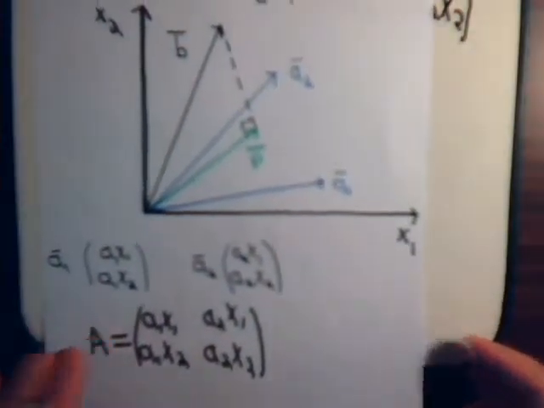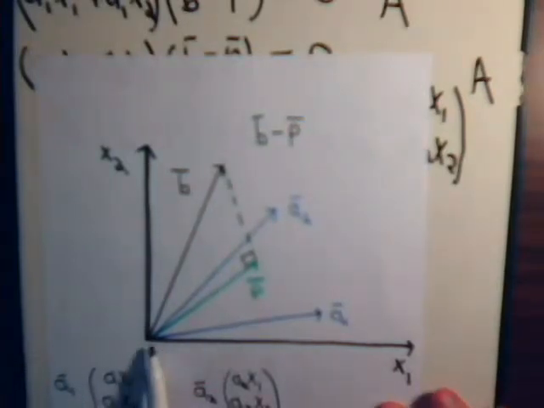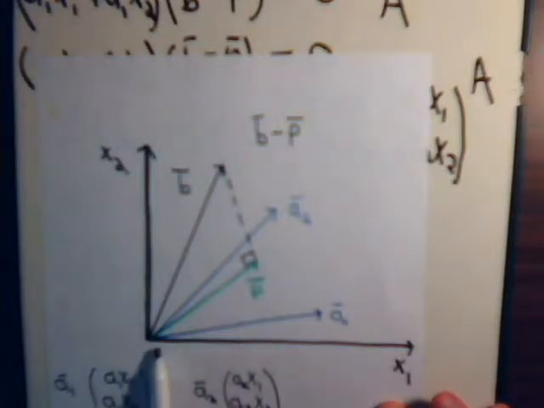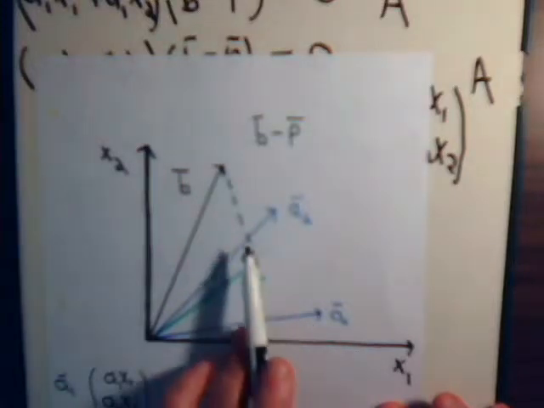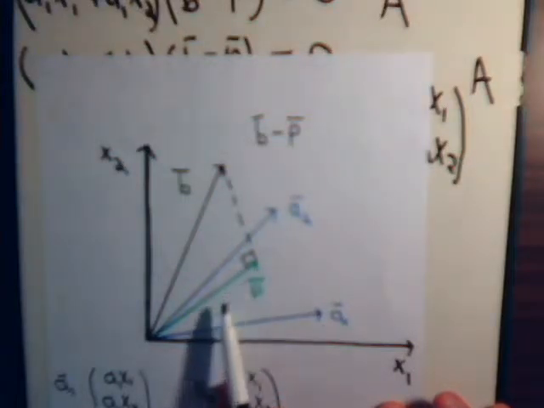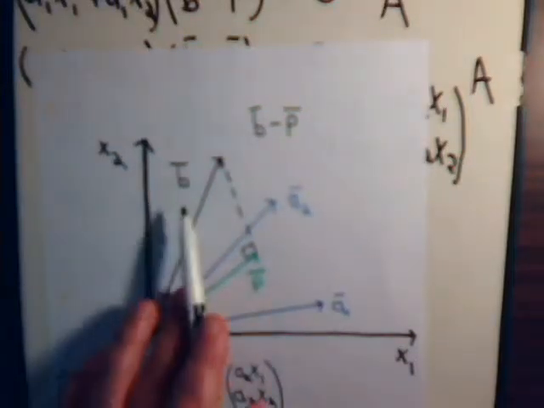So let's go back to where we began. We have a vector B. We have two linearly independent vectors, A1 and A2. They form a plane. We use them to make a matrix with these two out of their components. Then what we discovered is that this projection is equal to the vector B